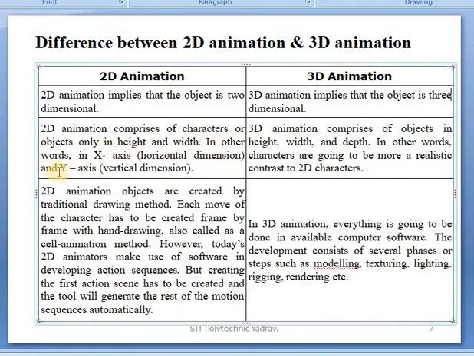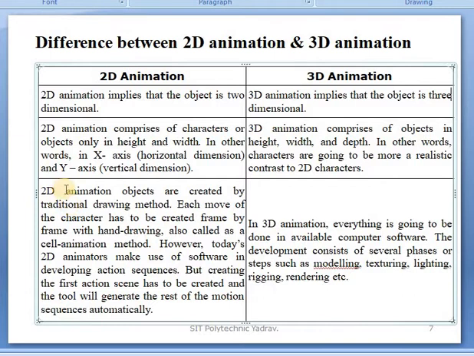In other words, the x-axis means horizontal dimension and the y-axis means vertical dimension. In 3D animation, objects comprise height, width and depth. In other words, characters are going to be more realistic in contrast to 2D characters.